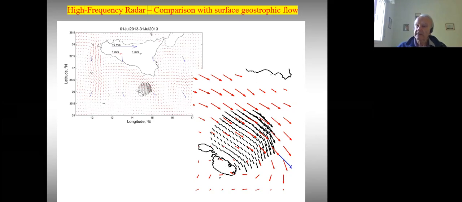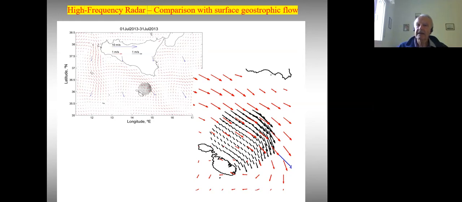It's going on that the wind generates the sea surface slope, and this sea surface slope then is reflected in a formation of the geostrophic currents. So this is the evolution of the flow field,